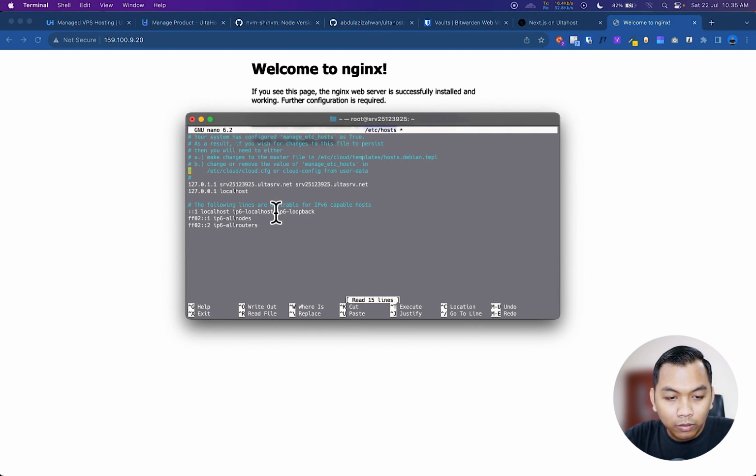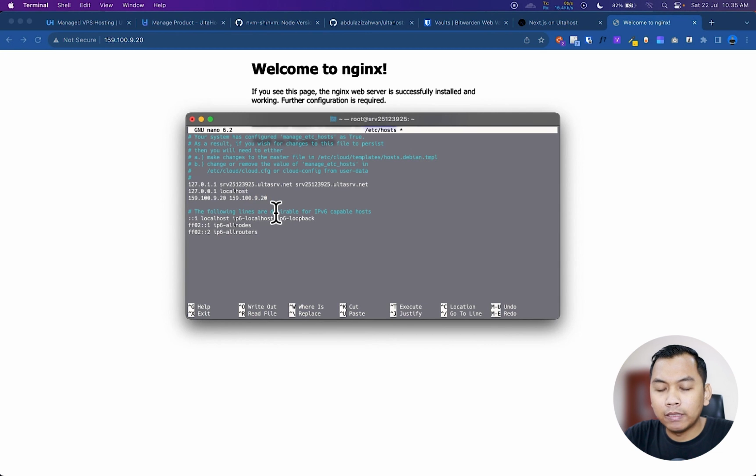So let's go to this, and we put our IP, and we will access our domain using IP.